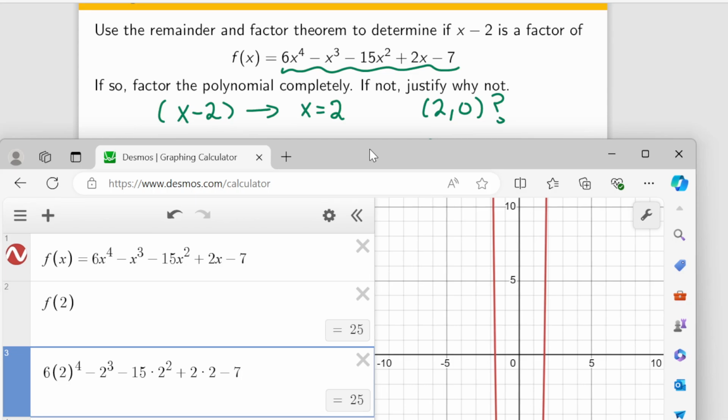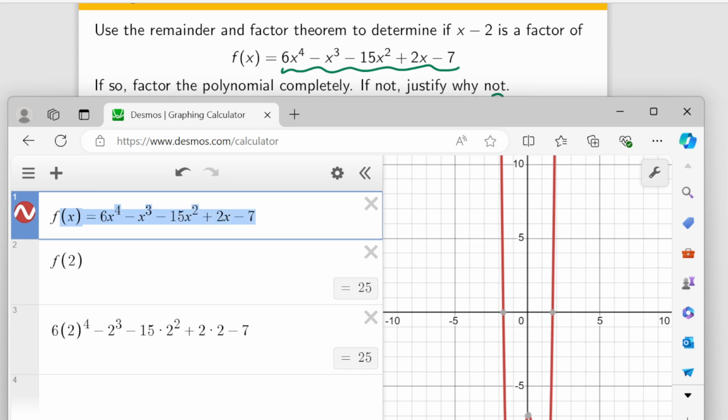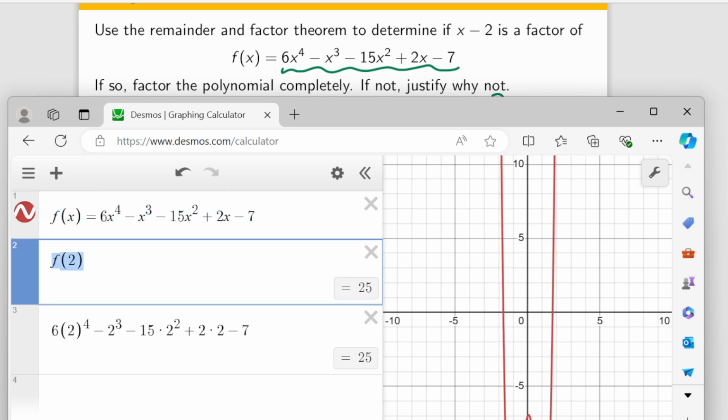And that also gave us a result of 25. And really, this is very nice if you plug in a general f of x format and then on the next line you just actually check a 0. That will allow you on your homework to save yourself a lot of time